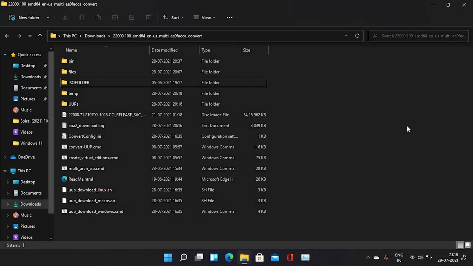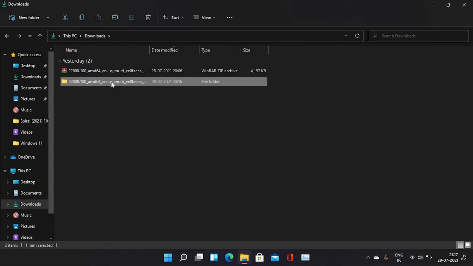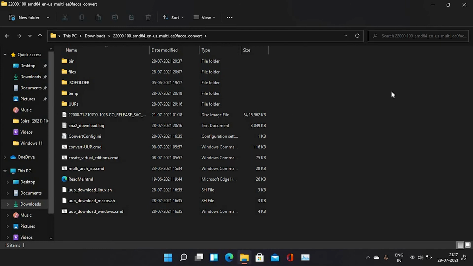After a long time, finally my ISO file is downloaded, and I don't know why, but it took a lot of time to download that ISO file. Once the ISO file is downloaded, you will find a message like task completed or something similar. When that message is displayed, you just have to come back to this folder, and here you will see that along with all the other files, you will also find the ISO file.